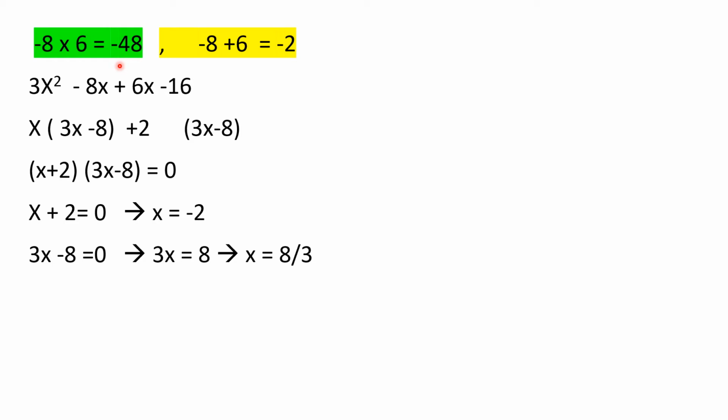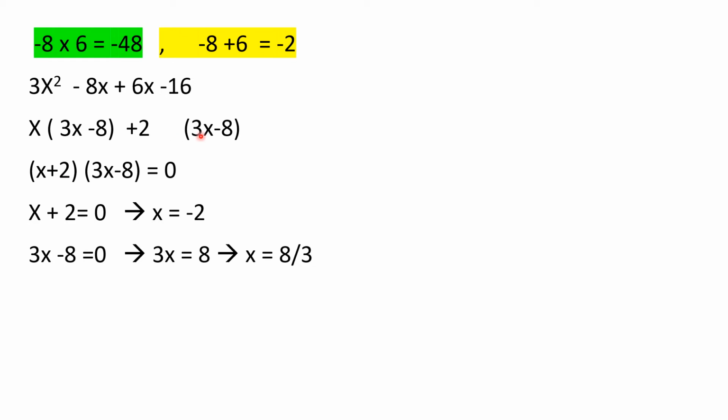So instead of this minus 2x, we are going to write minus 8x plus 6x. The a term 3x square will remain the same and the c term minus 16 will remain the same. Take x out from 3x square minus 8x. We are going to split into these 2 separately and these 2 separately. Take x out, you will get 3x minus 8. Here the same 3x minus 8 you should put. What should be multiplied with 3x to get 6x? 2. So multiply 2 into 3x, 6x, 2 into minus 8, minus 16.